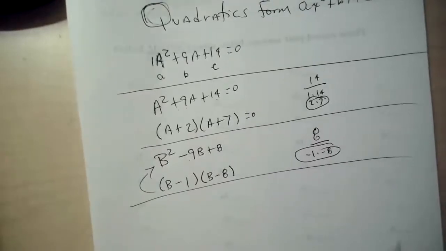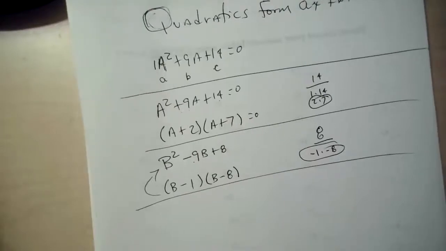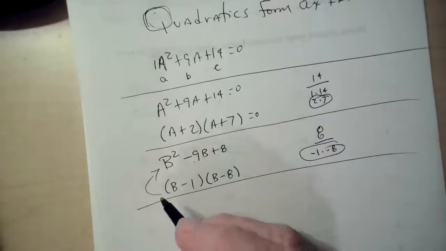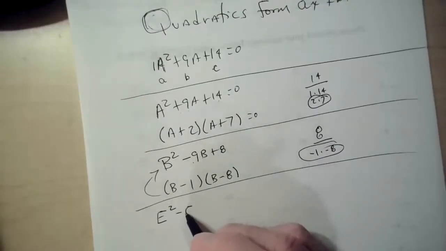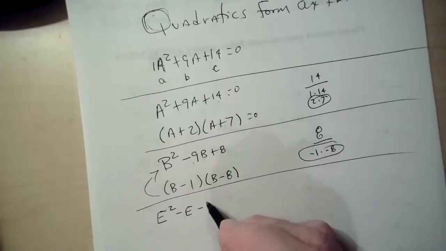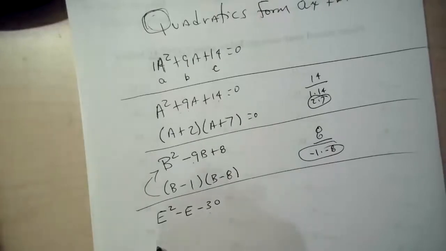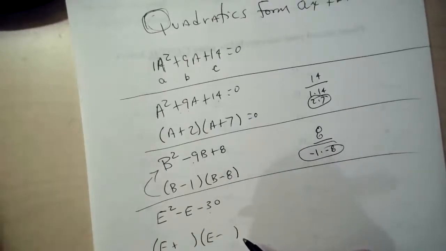Now, if you have, let's see, what else? If the constant is negative, if we have e squared minus e minus 30, it's going to be e plus something and e minus something. And again, the reason for this is,